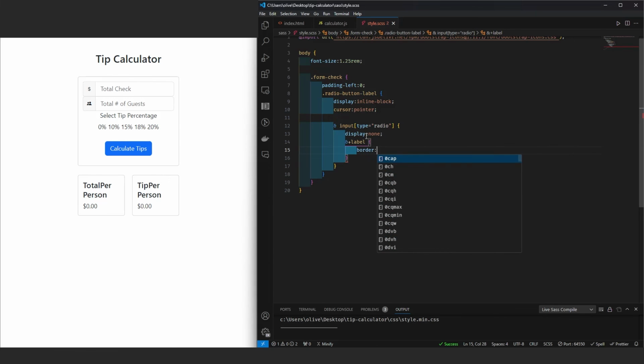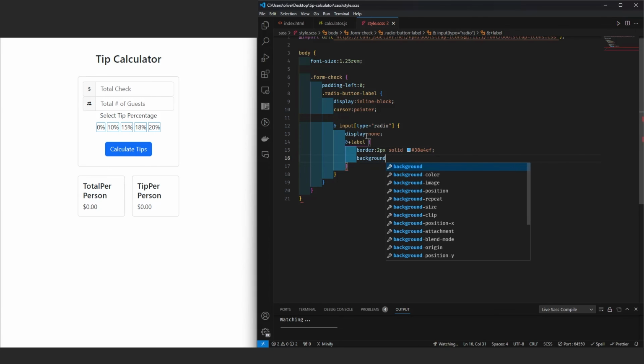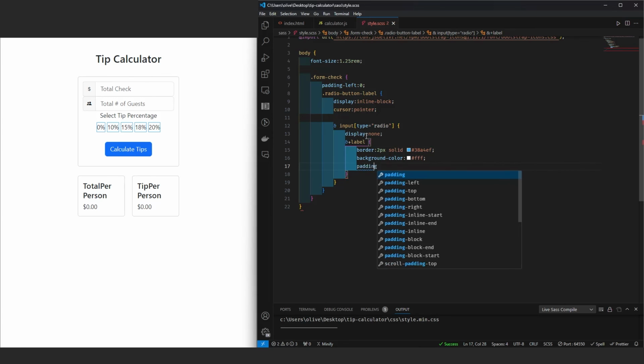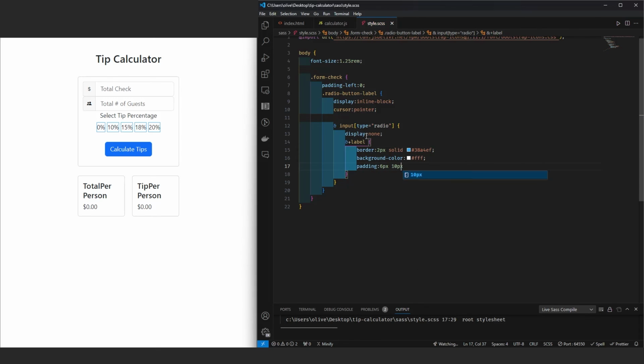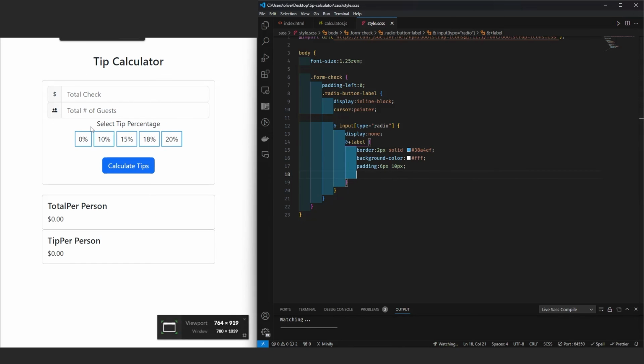So we're going to do border 2 pixels solid. I'm going to use my standard colors. So 38A4EF. Let's do background dash color, and we're going to make it white initially, and then let's add some padding of, let's say, 6 pixel and 10 pixel, not too much. Okay, let me see if I can. Okay,